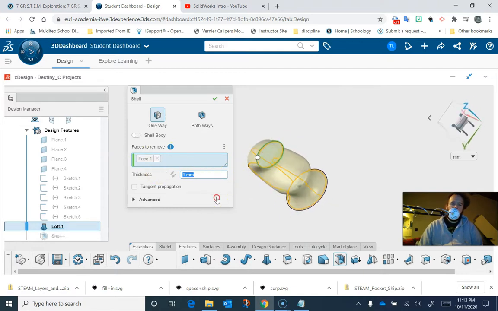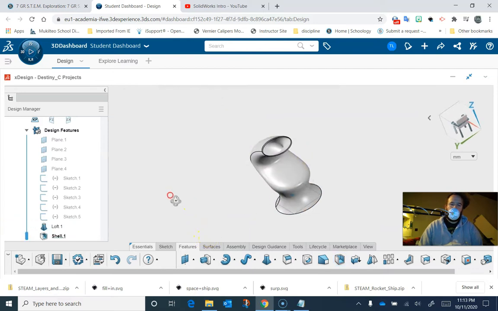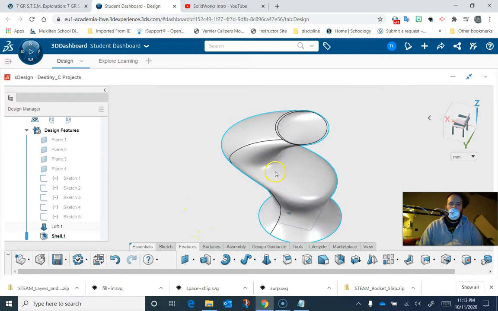Now 1 millimeter is about as thin as we can go on our 3D printer without little holes showing through the sides of the walls. So let me show you what that looks like when I choose 1 millimeter here. That is about right. Now, if you haven't been paying attention to how big your object is and your walls look thinner than this, even though you have them set to 1 millimeter, it might be because your vase is so big